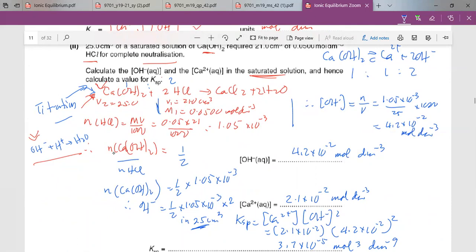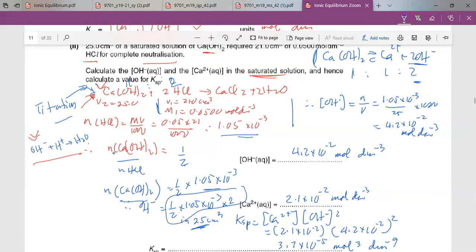So the number of moles of HCl is this one here. The number of moles of calcium hydroxide will be half, because this is 1 to 2. So 1 mole of calcium hydroxide gives 2 moles of OH minus, okay? So 1 to 1 to 2, so OH minus is 2 times this one,